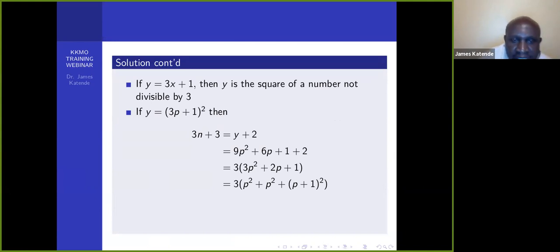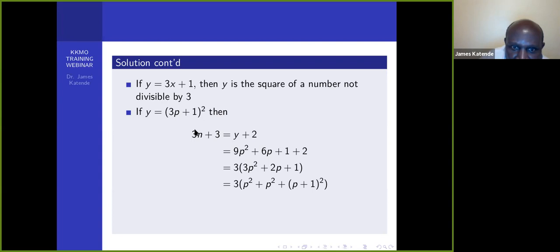That's fine. So if y is in this form, then it means y must be a square of a number that is not divisible by 3. So if y is equal to 3p plus 1 squared, then we have 3n plus 3 will be equal to y plus 2, right? So that means if you take y to be 3n,